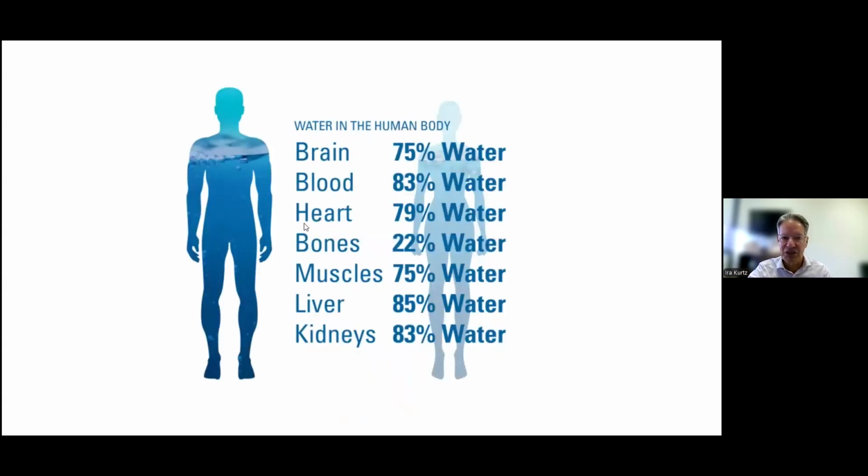Now, one could ask the question, there is water in the body, and the water is distributed differently in different organs. For instance, it's not well known, but the brain is 75% water. The blood is 83%. You can look at all these percentages. It depends what you're talking about. As you might expect, there's less water in your bones, but it's still about 22% of the bones are made up of water. So the water is distributed in your body in different percentages in different organs.